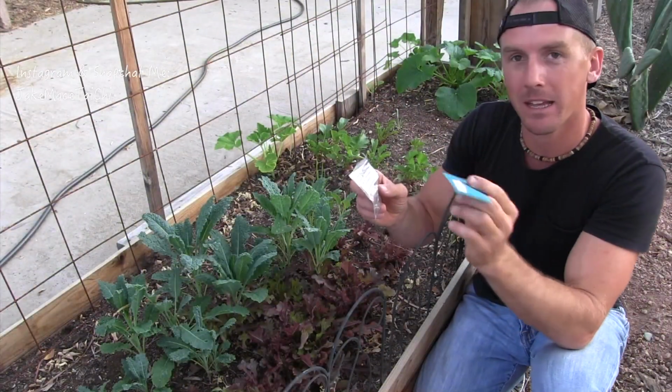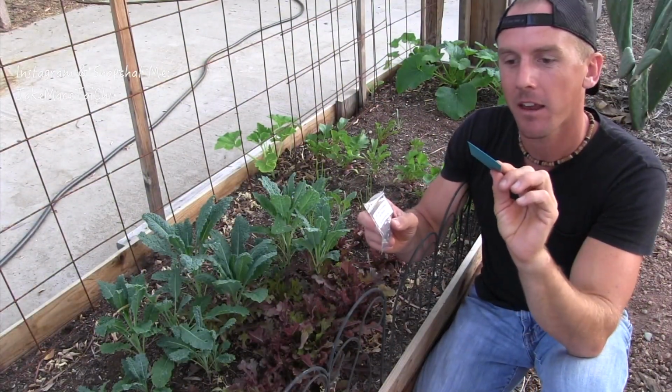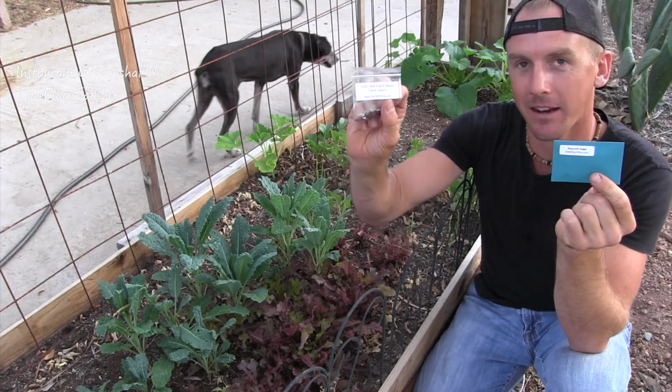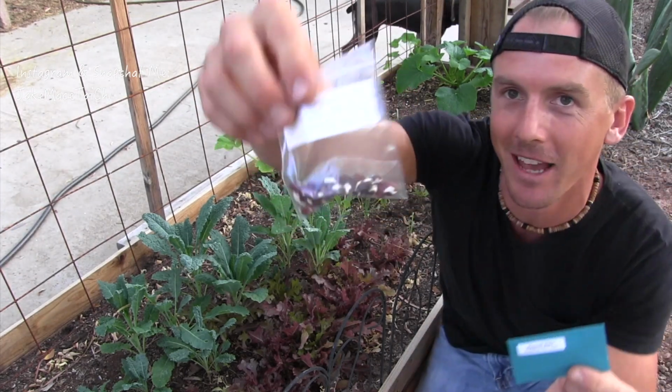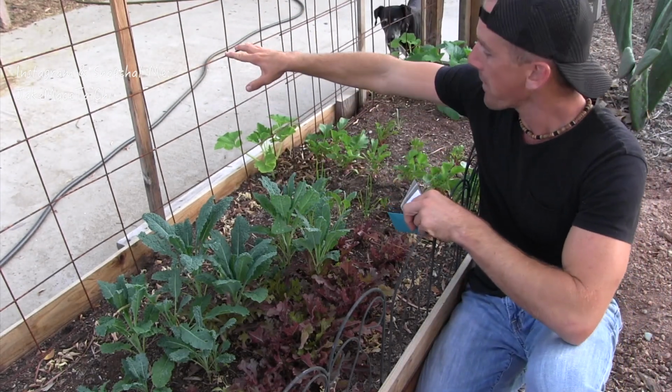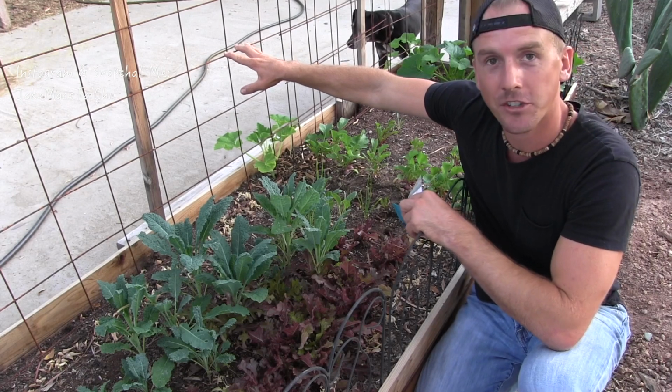So I have the 2 beans from this month's seed bank box. I have the Hyacinth bean that needs a trellis to climb, and I have the cave beans, the Anasazi cave beans that look like brown cows. Hey now, brown cow. And I've got this trellis here that was supposed to be for the sugar snap peas,